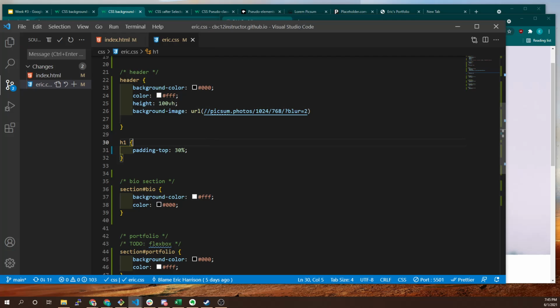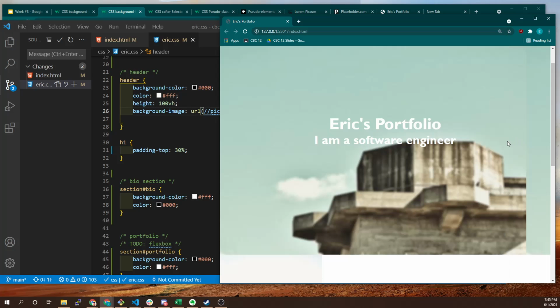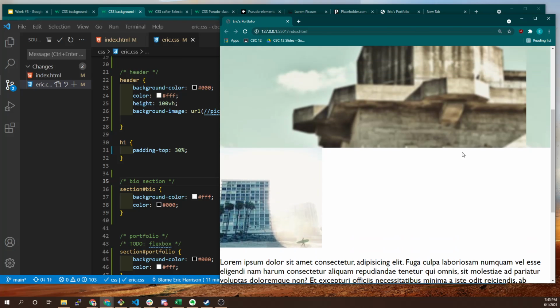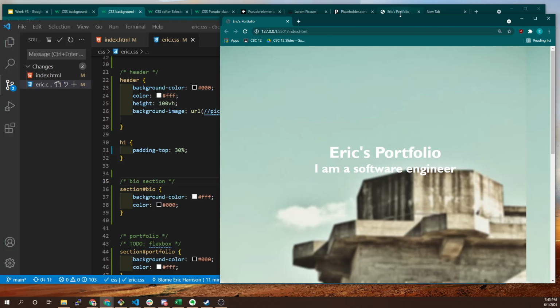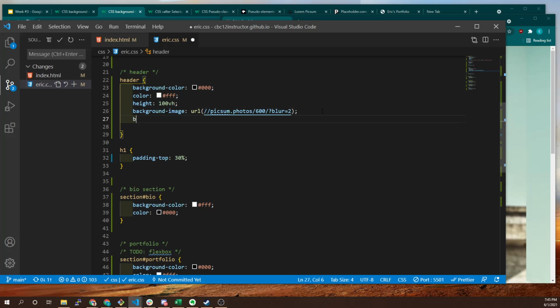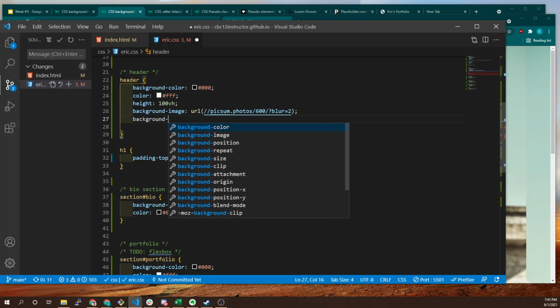That's too big. Let's just do 600, see what happens. All right, we've got an image in here. What is it? Where's this image? Oh, that's my other image. All right. So what we probably want to do now is work on the mechanisms that background position